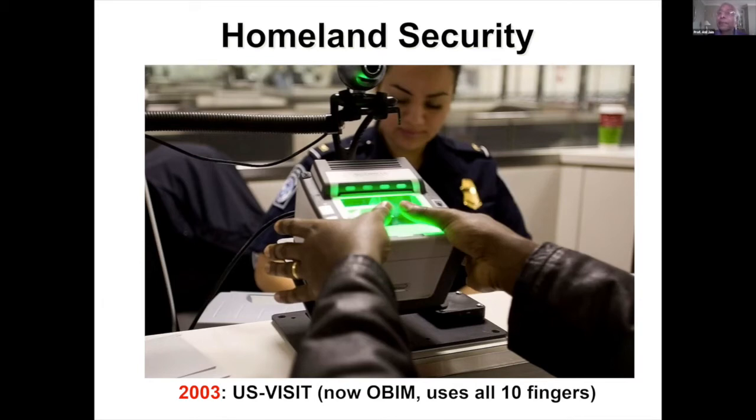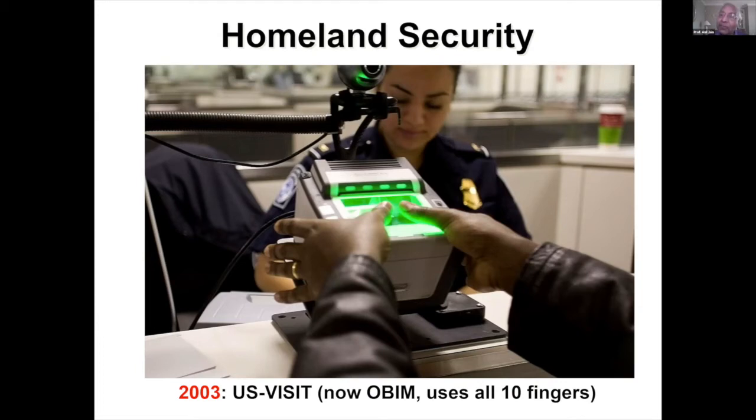And the 2 fingerprints is not as accurate for searching a huge database as 10 fingerprints. And that's why in about 2006 or so, this organization, US-VISIT, was renamed as OBIM, and it captures all 10 fingerprints because the law enforcement databases all captured 10 fingerprints. So that's why they also use 10 fingerprints. And this also should explain why Aadhaar captures 10 fingerprints, 2 irises, and a face image at the enrollment time, because they have to search a database of 1.3 billion. And for accuracy purposes, they need to use that many